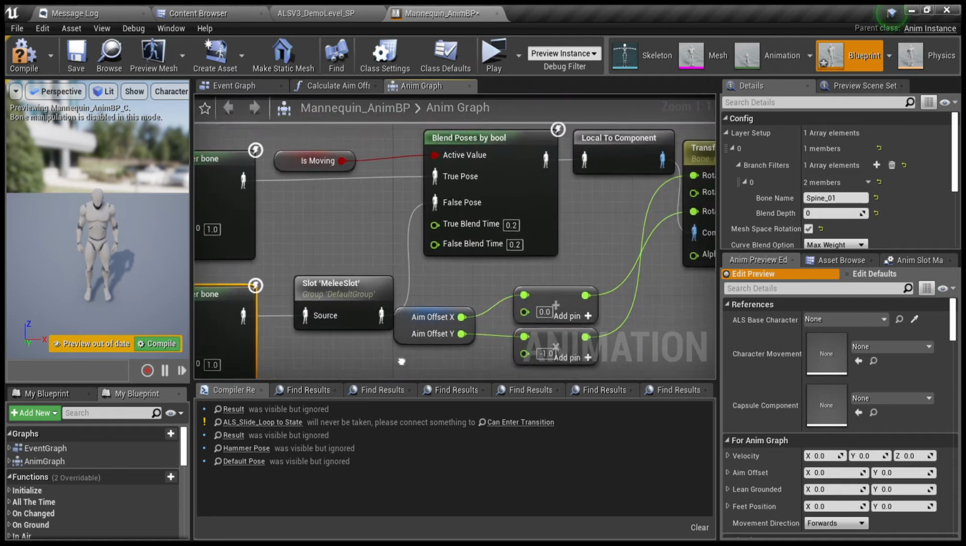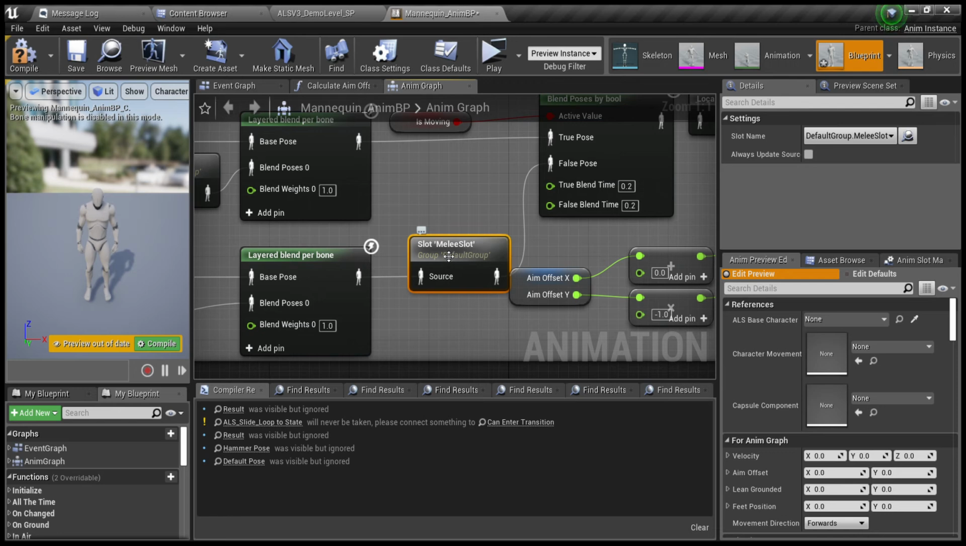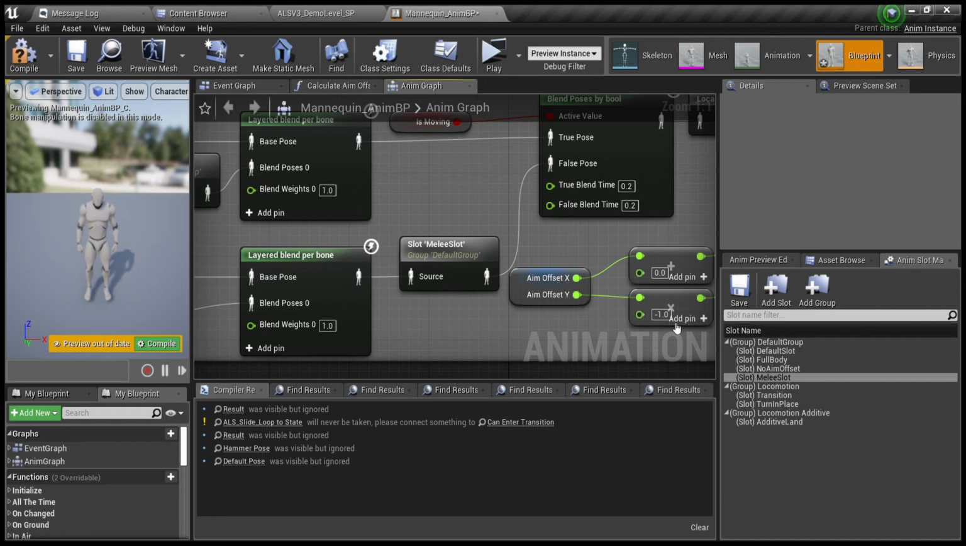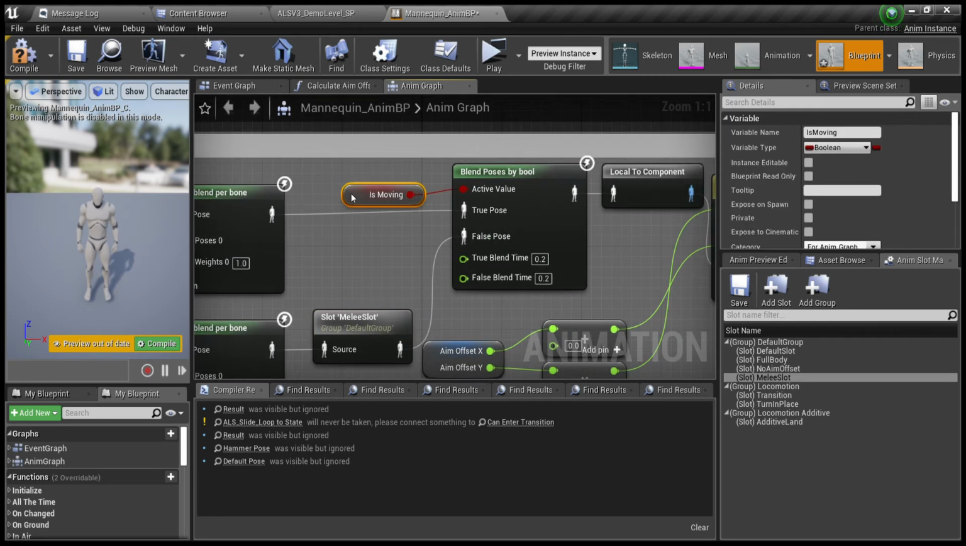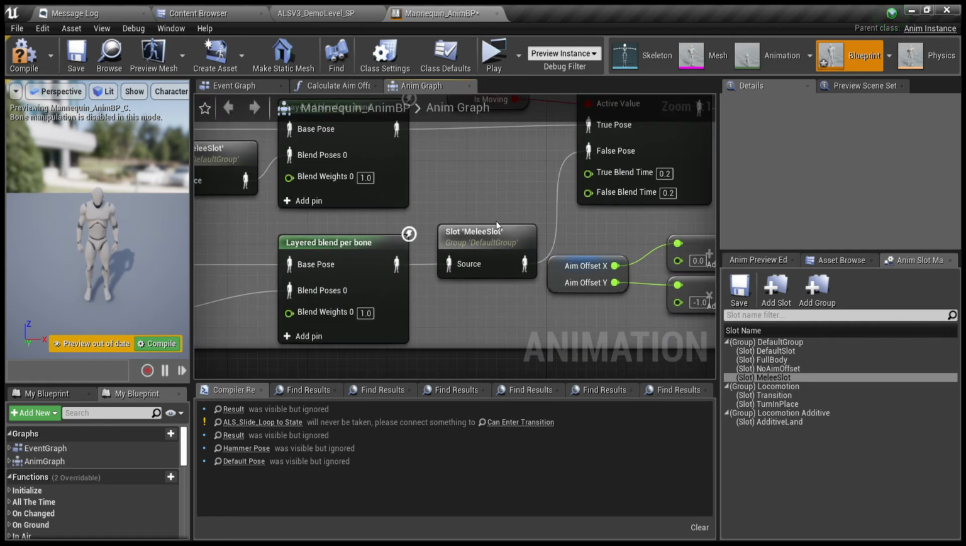And now if we play an attack, we use this slot. So I created a new slot here. So I added a slot called melee slot. So for your melee animations or your melee animation montages, you want to select melee slot in there so it will play in the right place. So we've got melee slot going into the false here, and we've got an is moving bool. So is your character moving? So if it's standing still,